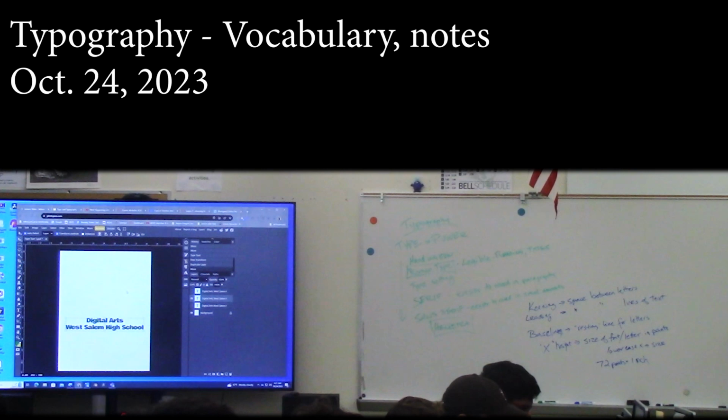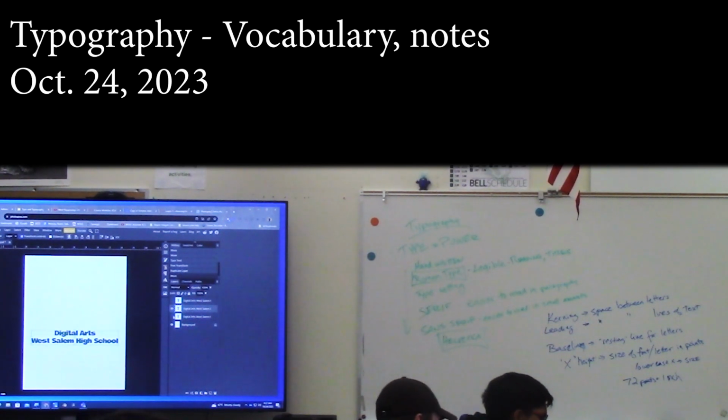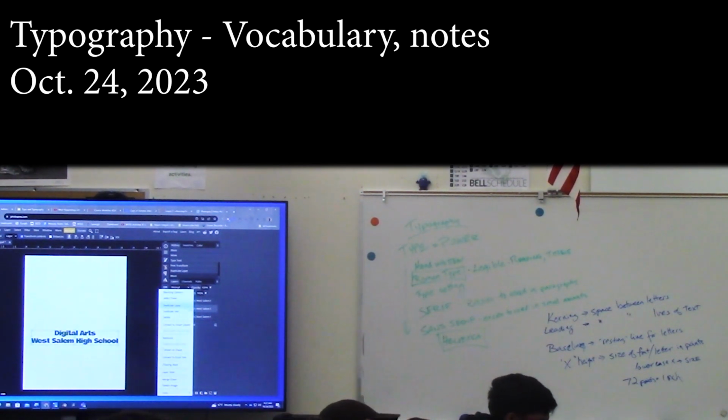Then I can come under Edit and Transform. If I try some other things like skew, well, no I can't, so I'm going to undo that. The better thing to do is to